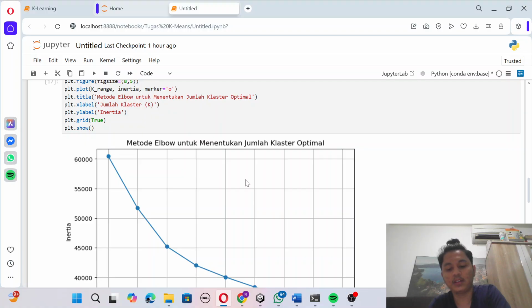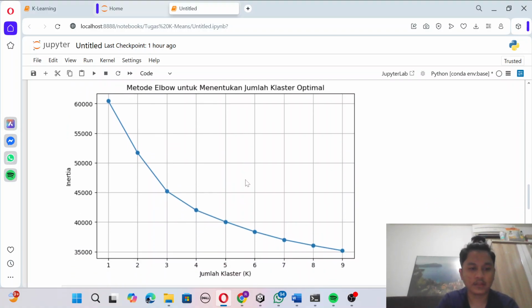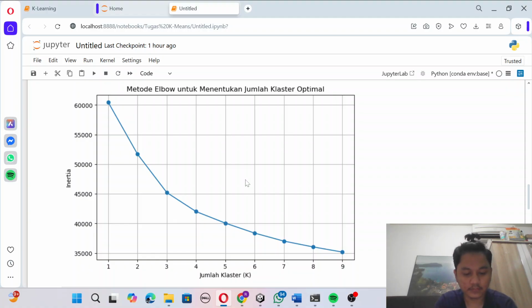This pattern indicates an elbow point at the third cluster, which means dividing the data into 3 clusters is sufficient because adding more clusters does not significantly reduce inertia. Therefore, this chart suggests that the most appropriate number of clusters is 3.